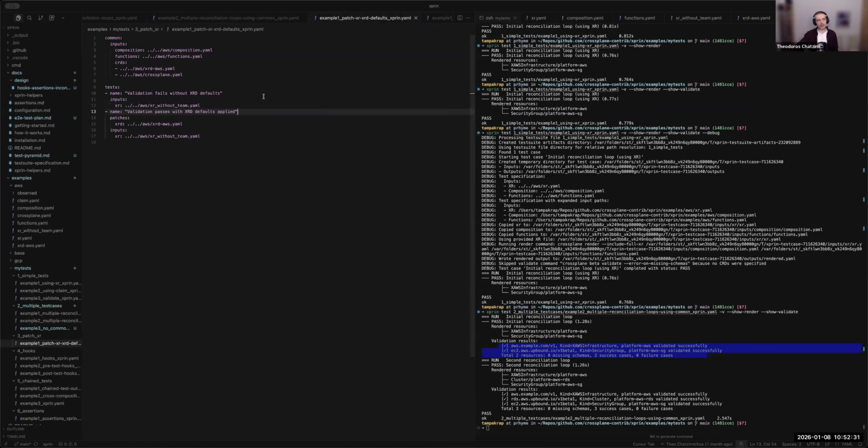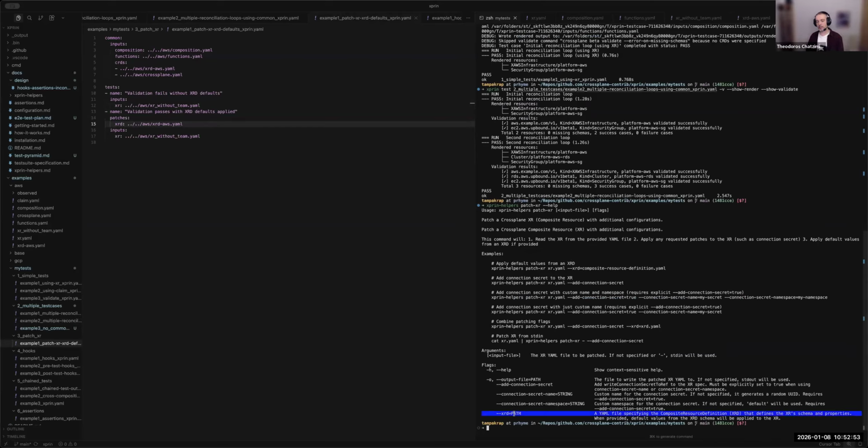Now patching. For patching, the only thing that is supported right now, I took the XRD flag that is in the Crossplane render command in version 2, and I exported it to a standalone tool. So it has the XRD flag, and the reason is that this way we can use it also for Crossplane version 1. And I will make a pause here to mention that the Xprin can work in both Crossplane version 1 and version 2 right now. The reason is that it runs Crossplane as a binary. And in order to do that,